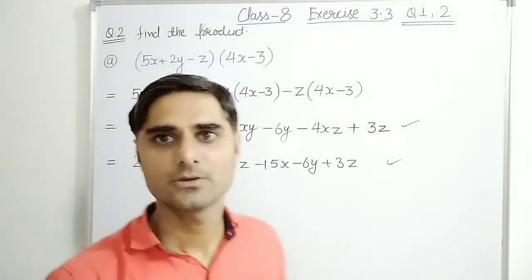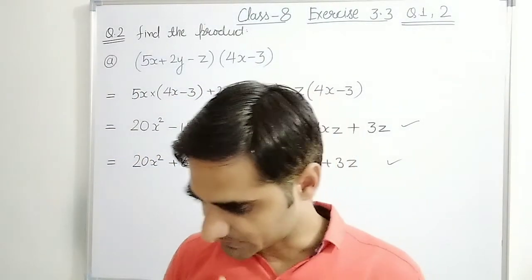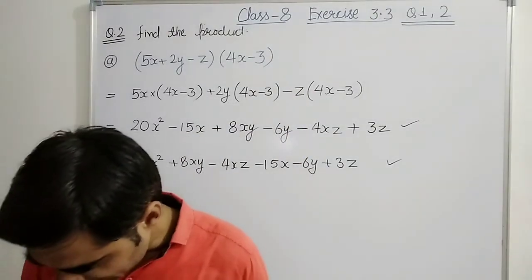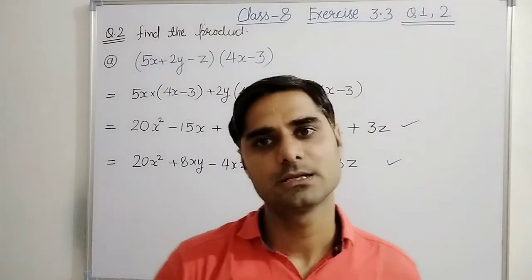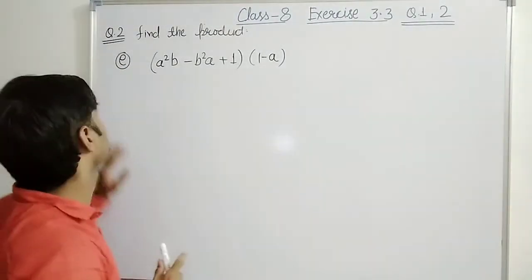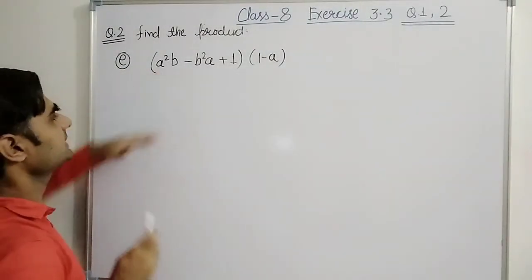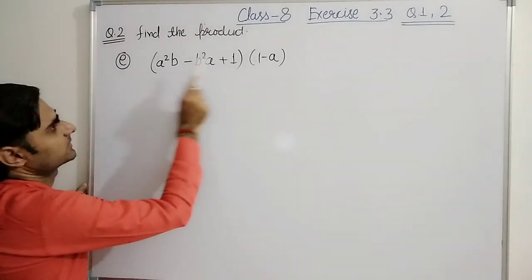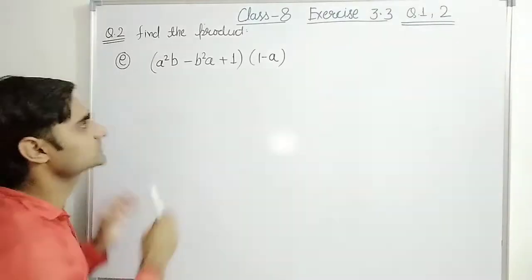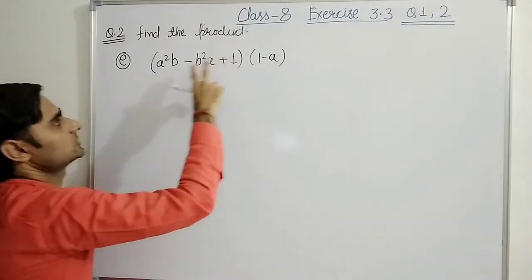Now we will take one more last question from the same question number E. So first of all I would like to write that question and then we will do it. So here I have written this question number E also. See, in the last question we multiplied this one by this whole, this one by this whole, this one by this whole. We can take it in reverse also. We can multiply by this also.